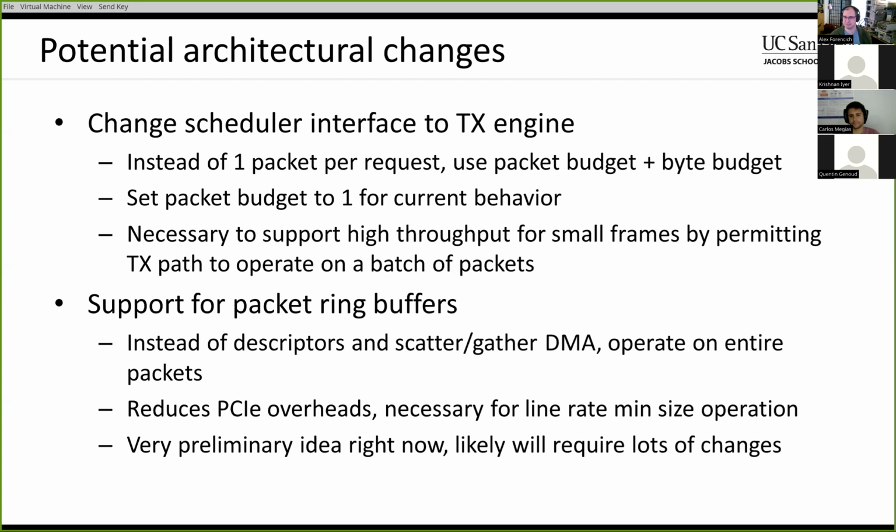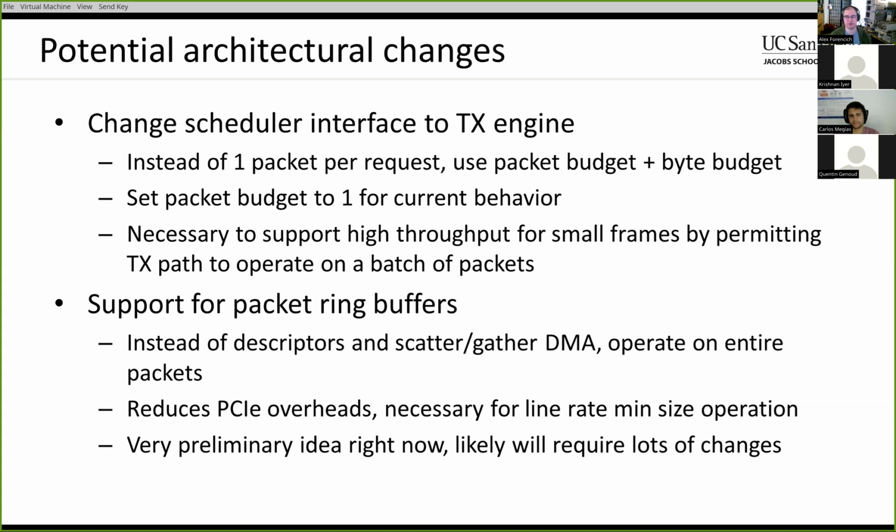Because if you're running at a 250 megahertz internal clock rate, the maximum you can possibly send is 250 million packets per second, just based on what the scheduler can do. And it also complicates things in the transmit engine because that's all handling just individual packets one at a time. But if you have a lot of small packets, then this is potentially going to be a significant impediment to